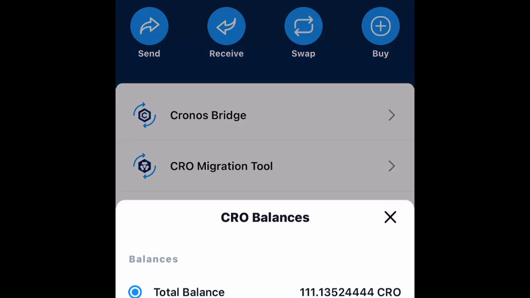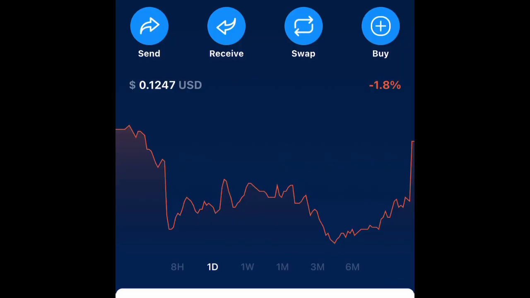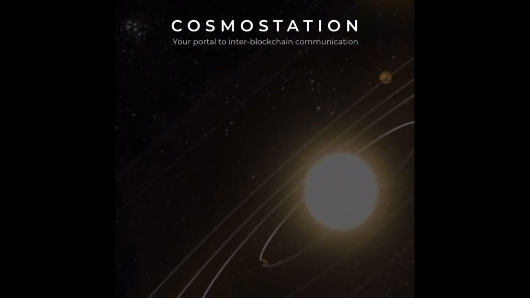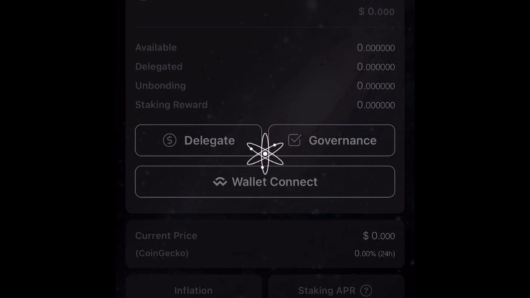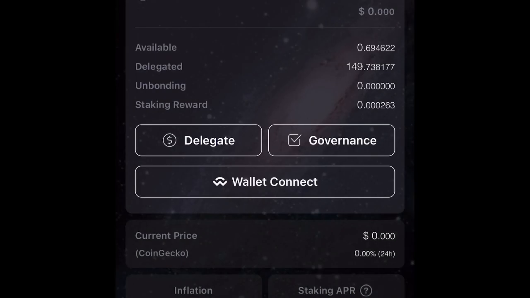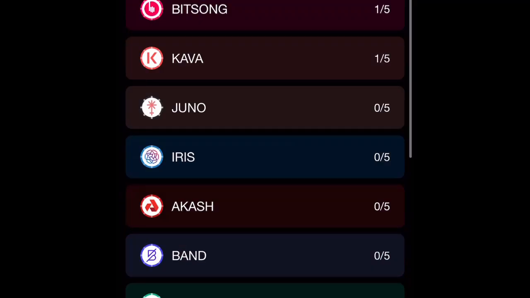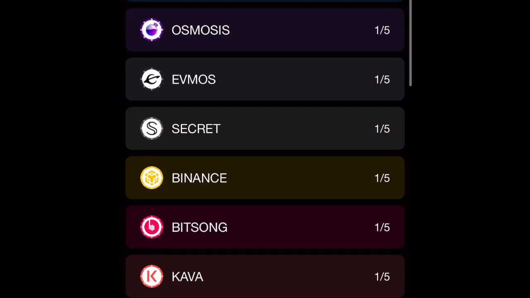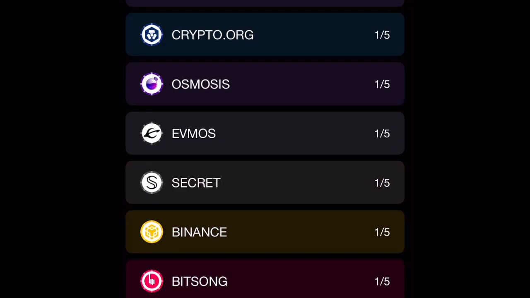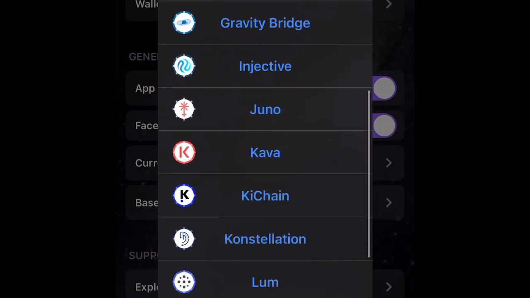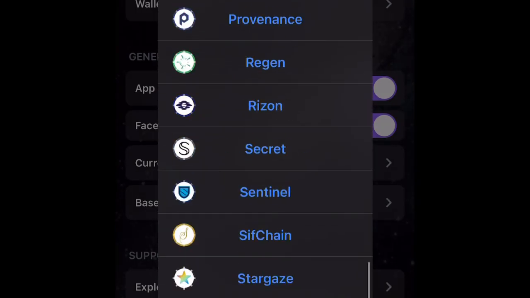So I check, make sure it's all in the Crow. Okay. So now I'm going to send all this Crow to this Crow. I'm going to show you what's neat about Cosmostation. This my Evmos. Now me, I'm farming over here. I'm staking. This is what's cool about Cosmostation. You make a seed phrase over here. It's going to give you a Cosmos address. And then you go in settings and go to add new wallet. You could just make a new individual wallet for this blockchain and token.